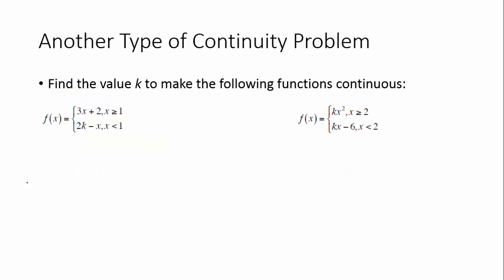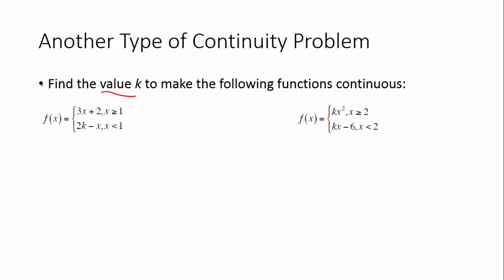Let's look at one other type of continuity problem that comes up in the homework. I want to give you practice. This is also a good type of AP question, either on a multiple choice or a free response. They ask you to find the value of k that will make these functions continuous. So this is going back to our definition of continuity. We're basically trying to fill in the two pieces of the piecewise function to make them continuous at the given